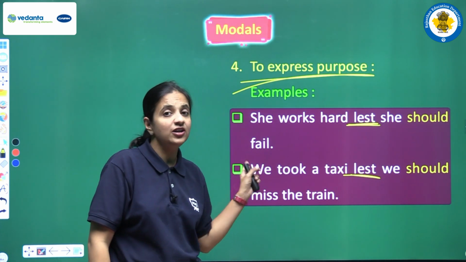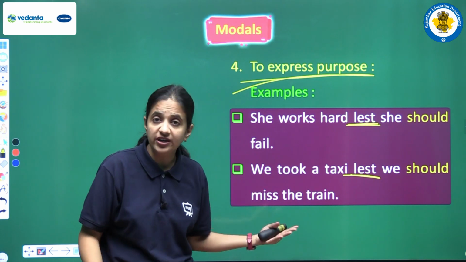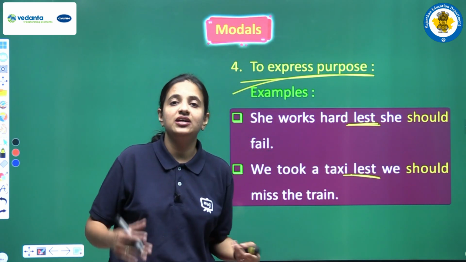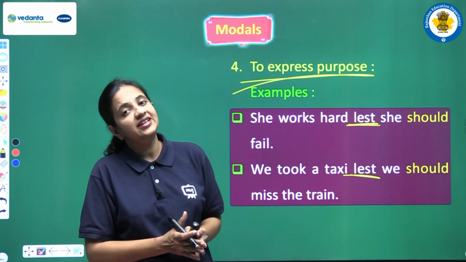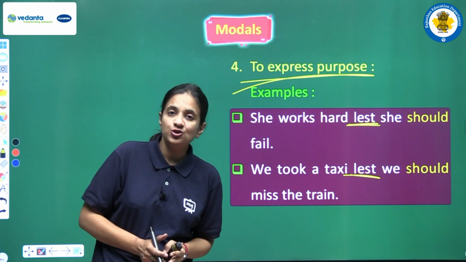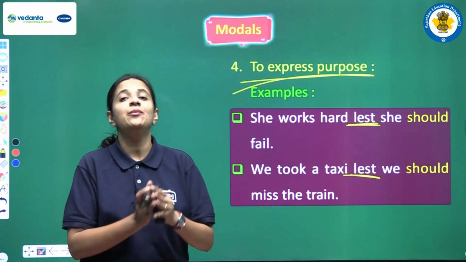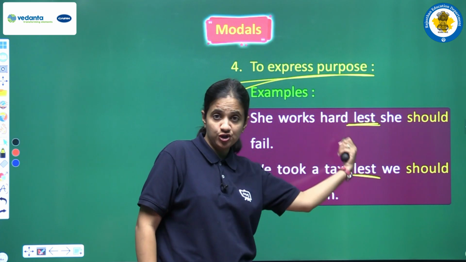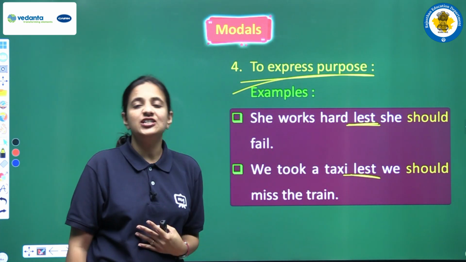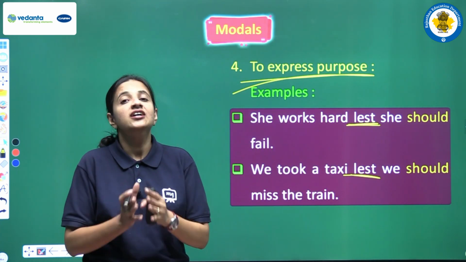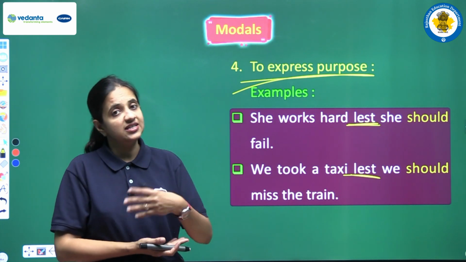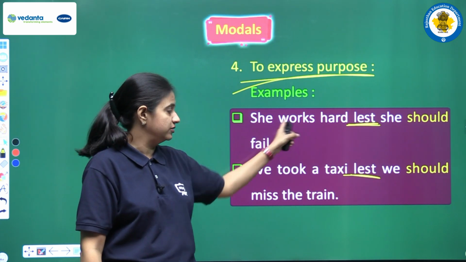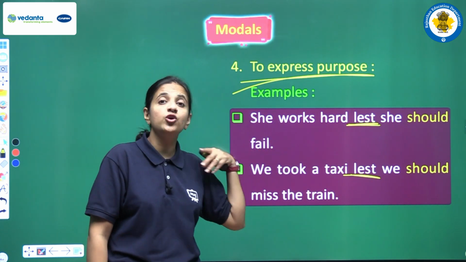So yes, there is no use of "not" in the sentence, but when the structure is lest plus should, then the sentence has a negative meaning. In this structure, should is used to show purpose. And be very careful, I am repeating this again: in this structure we always have the word lest before should, and the meaning of the sentence will be negative. So the purpose will be negative, or we can say, उस चीज को अवॉइड करने के लिए फाइनली जो हमने स्टार्टिंग में लिखा है एक्शन वो किया गया, right.